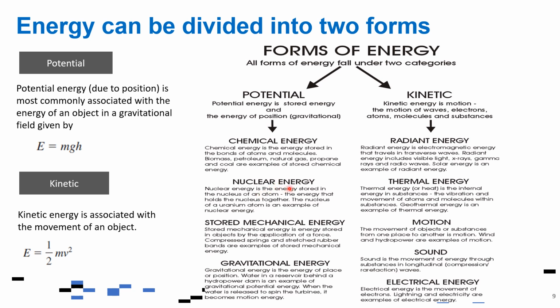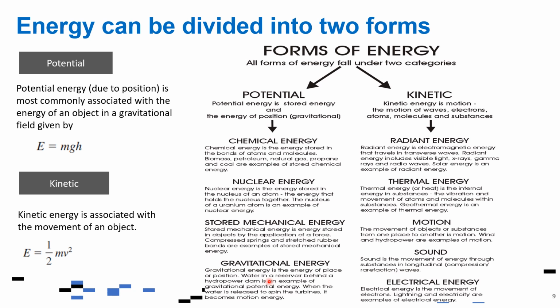Also, gravity is mainly a potential energy in terms of position. In hydropower, we use the gravity, the energy from the position of the water that goes down from a reservoir towards the turbine